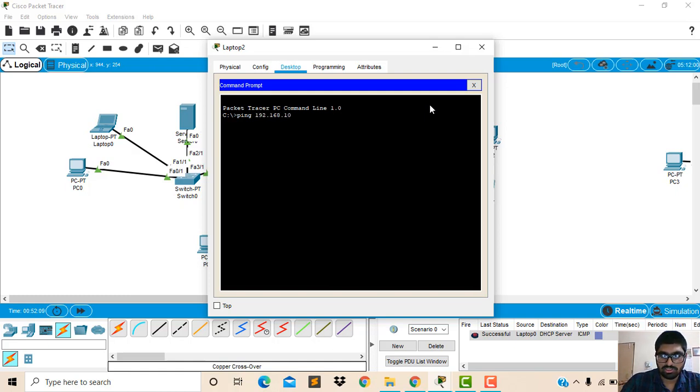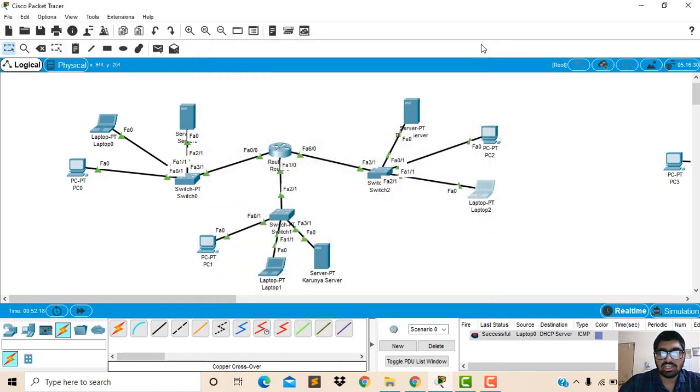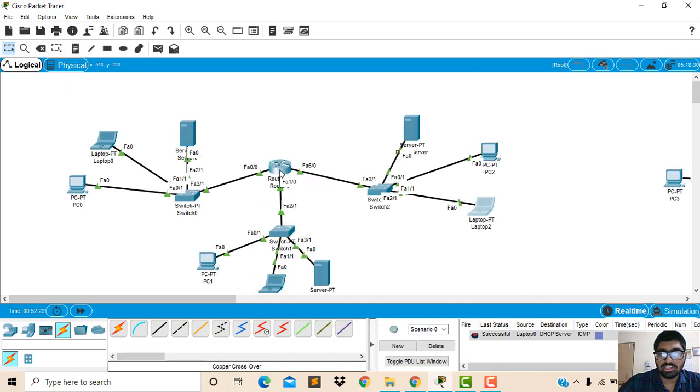We have checked the first PC. The reply is coming from the three local area networks assigned to the router, and the communication is going on. Now the communication is blinking because packets are being sent from one to another with different FastEthernet interfaces, different domain names and different IP addresses assigned.